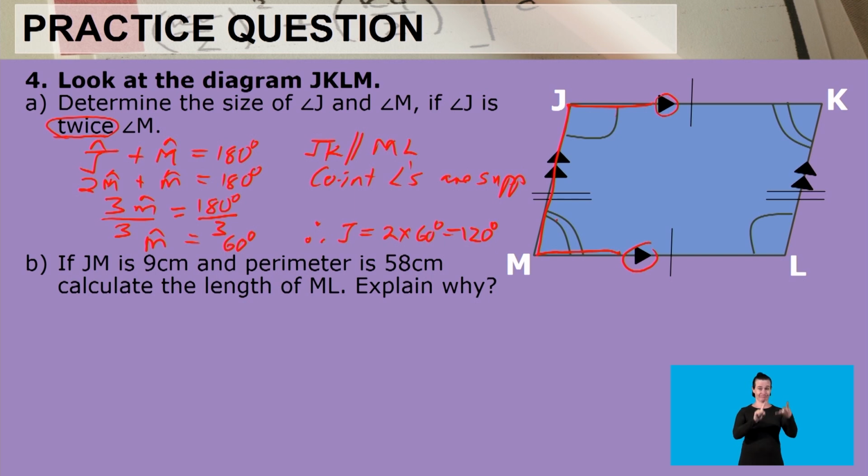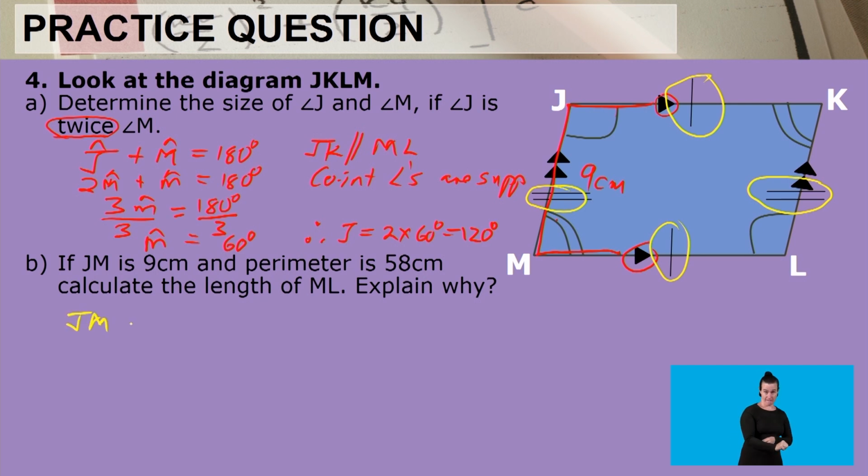Now, the B part of the question: if JM is 9 centimeters, and perimeter is 58 centimeters, calculate the length of ML. Again, what do we see on the diagram? Let's use a different ink for this one. You would notice that there is a marking there that makes those two sides equal, and a double marking that makes those two sides equal. Therefore, that means